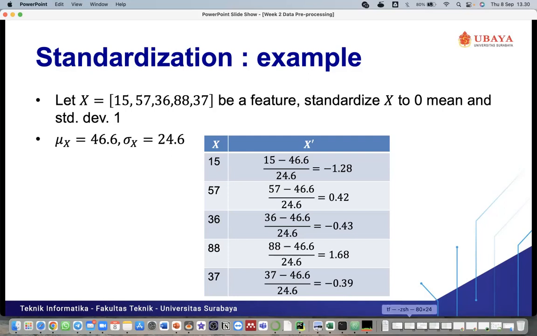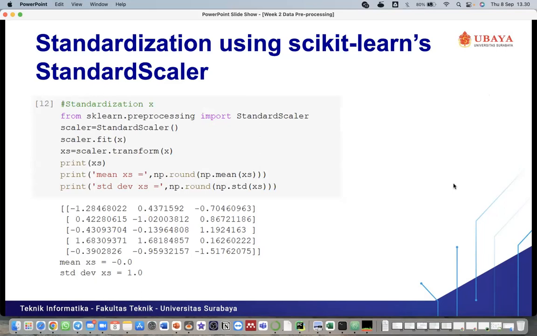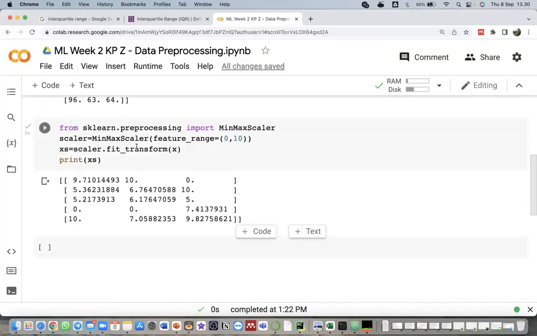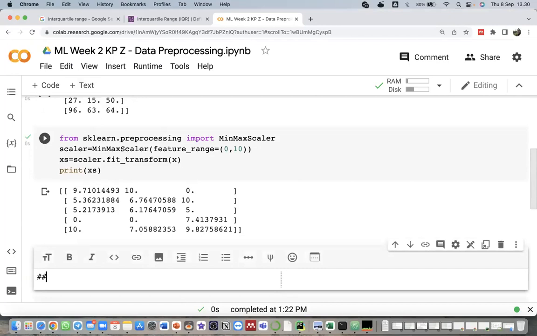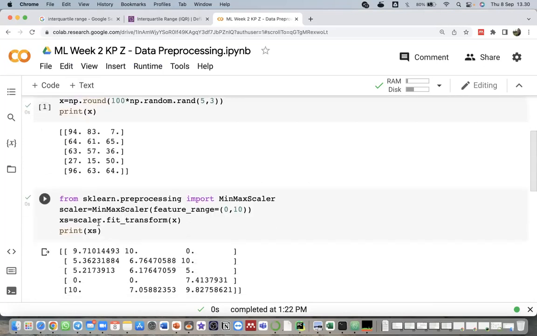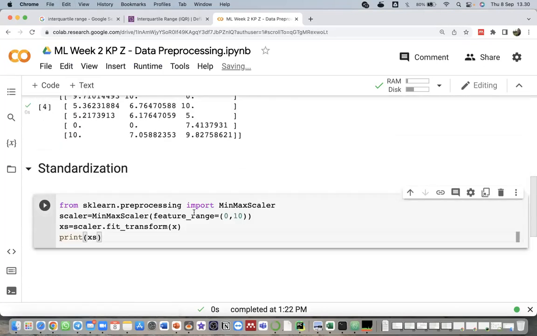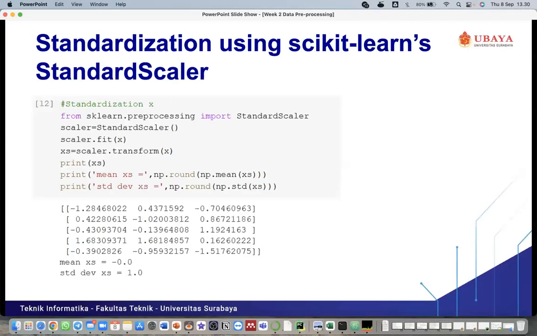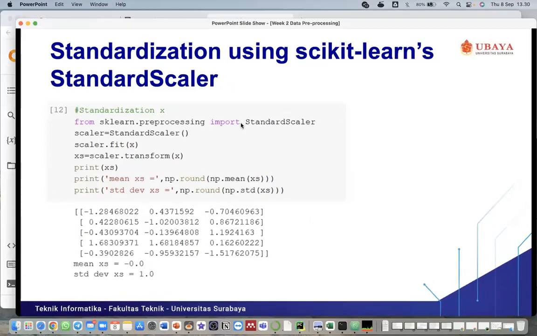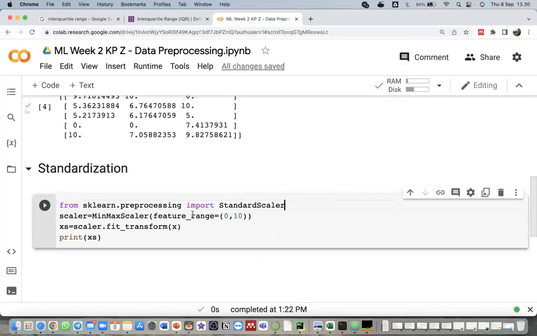Okay, so we can just move to the implementation of standardization using scikit-learn. You can just use our previous code. This one is the standardization. Then you can just copy it, because we can just change the min-max scaler to standard scaler.